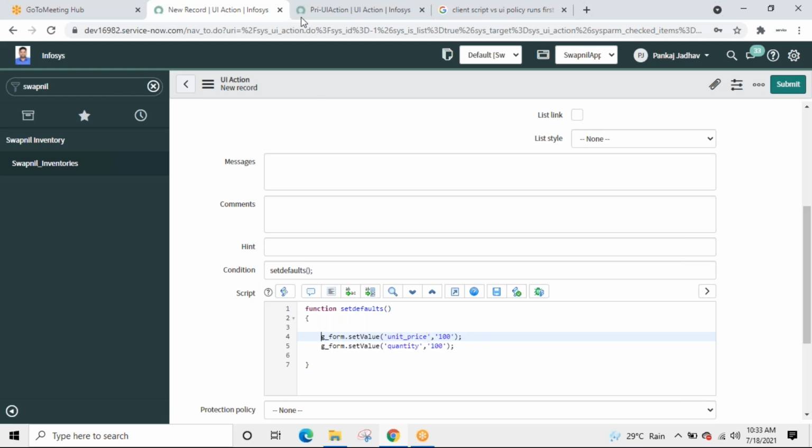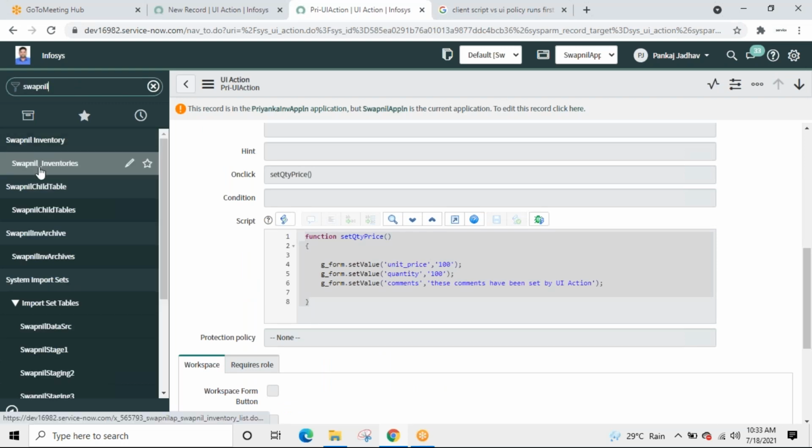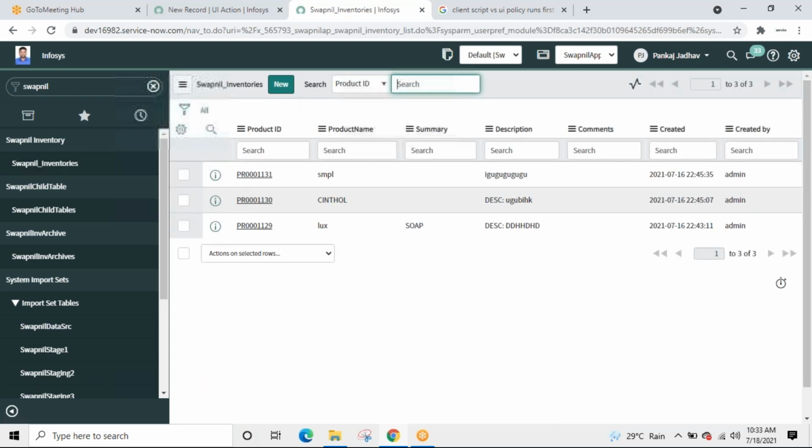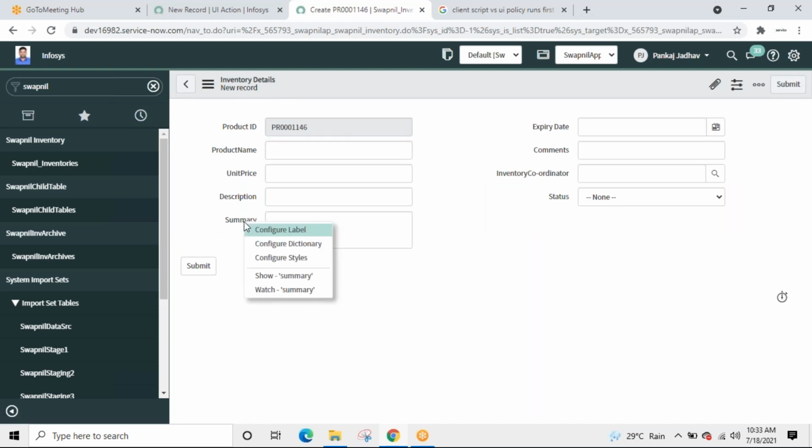I don't know the name of the field. I'll copy it from here. I'll go here to copy the database names. Right click, summary. And what was that? Comments. Do we have a comments field? No. Yeah, we do have.